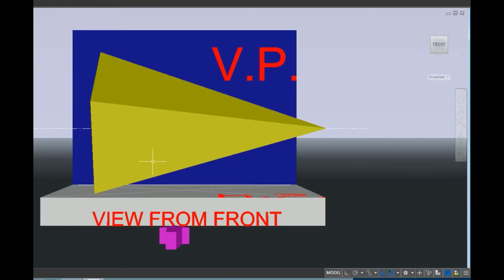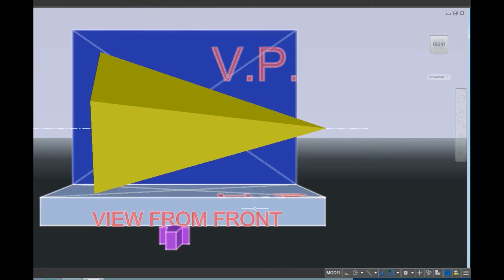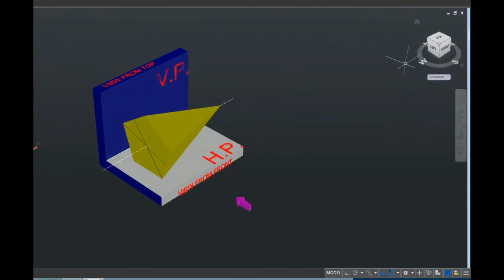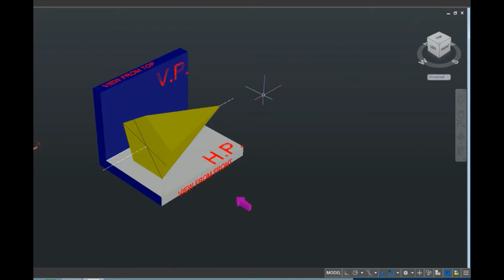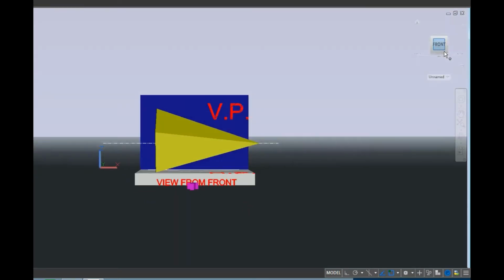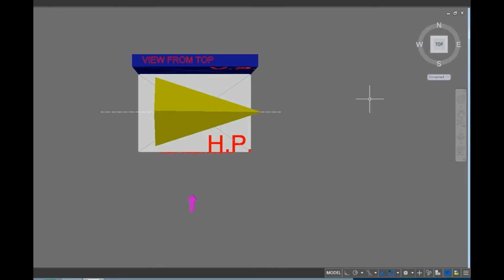Now when you view it from the front, you will find that you will have two triangles, as you can see here. It's very easy. Now you can observe the edge which is resting on the HP. So this is the final front view, as I have stated earlier also: two triangles in the front view. And when you view it from the top, there will again be two triangles in this manner.